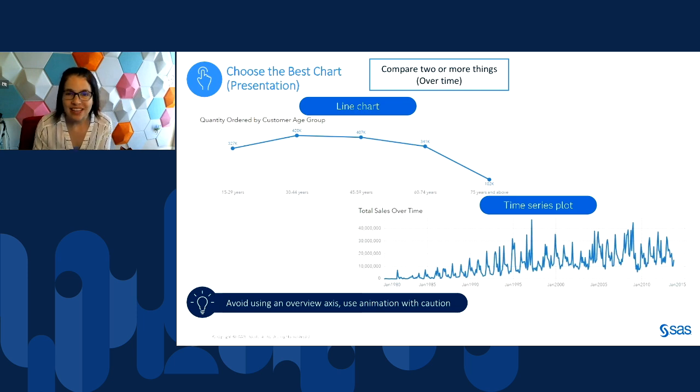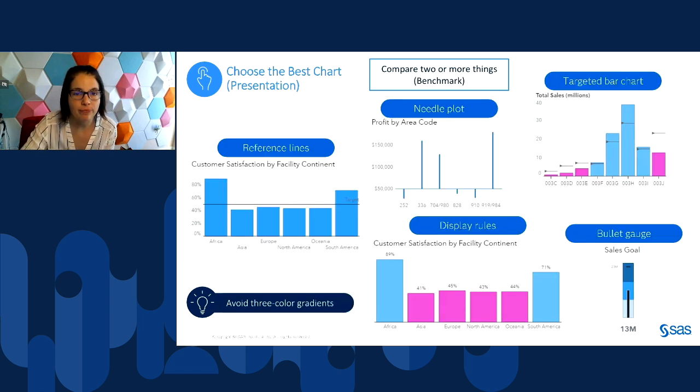Also, as you view things over time, you might consider animation, but again, use it with caution because it's hard for users with screen readers to understand how the animation works. So all of these things you want to keep in mind, and you need to know your audience to determine which of these features you should or should not use in your report.